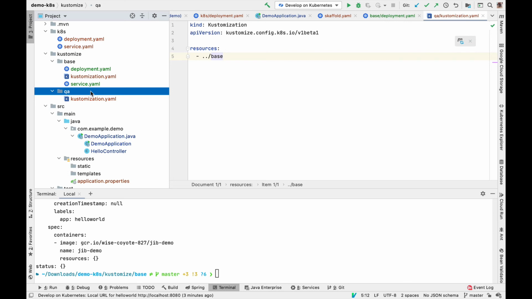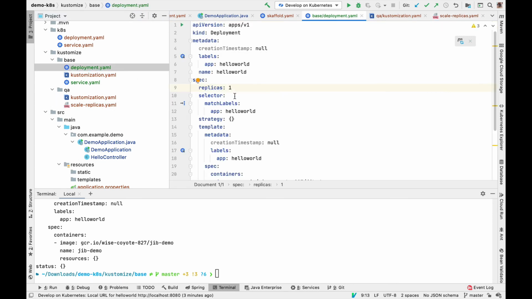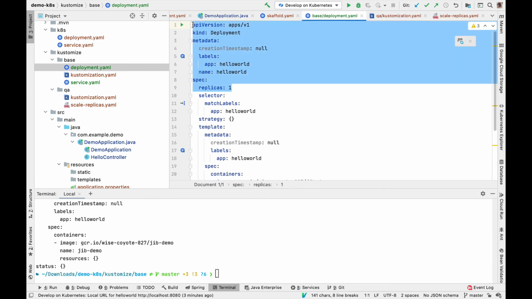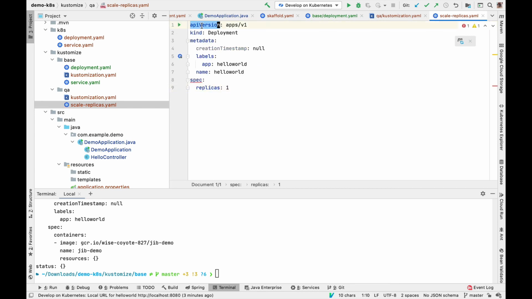So for example, what I can do is add another file. Maybe I want to scale things out. So I'll call this scale-replicas.yaml. In this YAML file, rather than duplicating the entire deployment configuration, what I can do is just copy the top of this, which is really the key. The key is the API version, the kind, and the name.